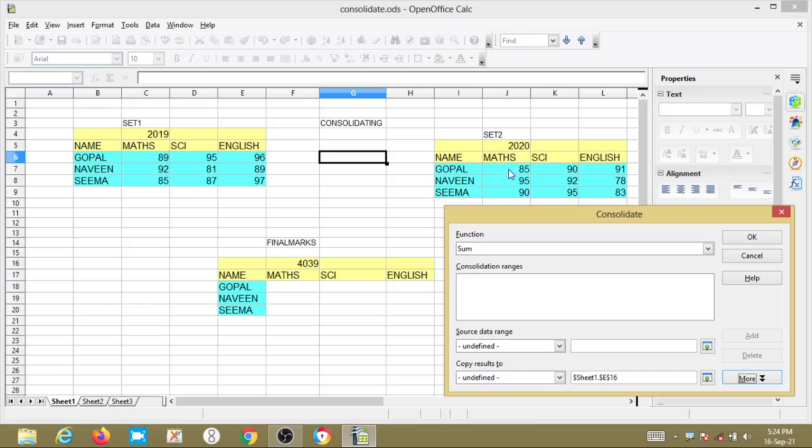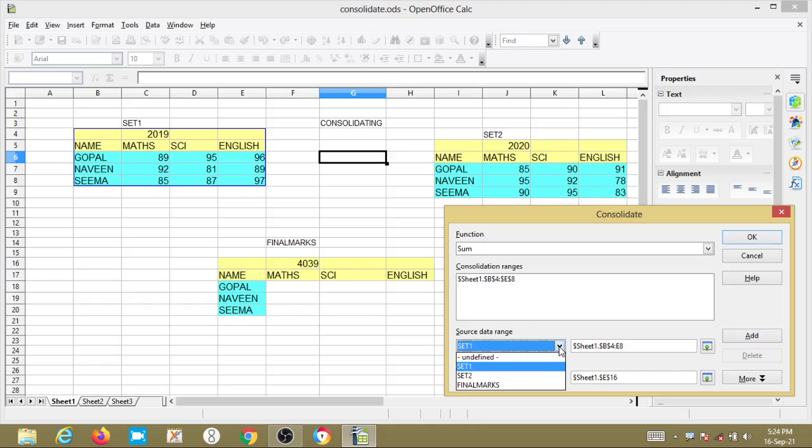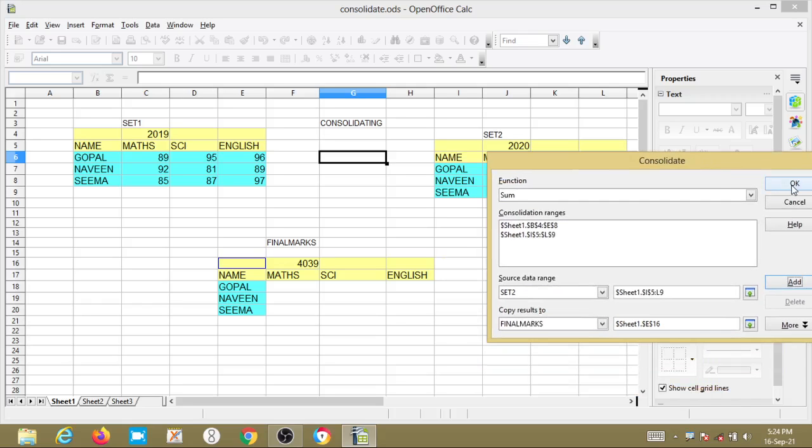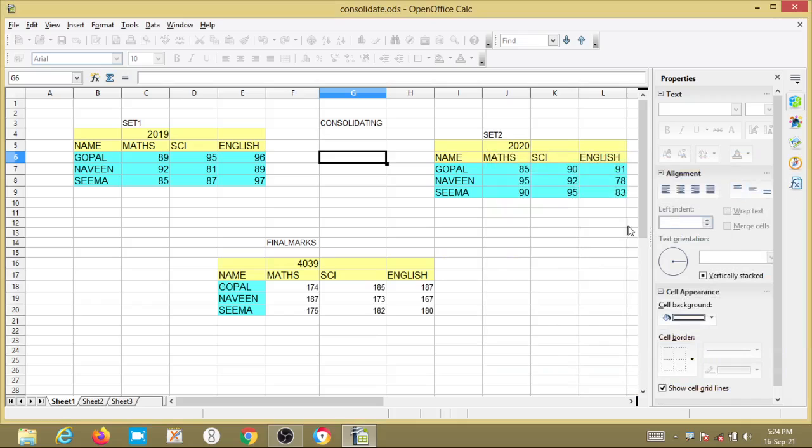So this is set 1, set 2. Go to source data range, set 1, add. Again set 2, add. I want to copy the result to final marks, then add. See, now it will come here.